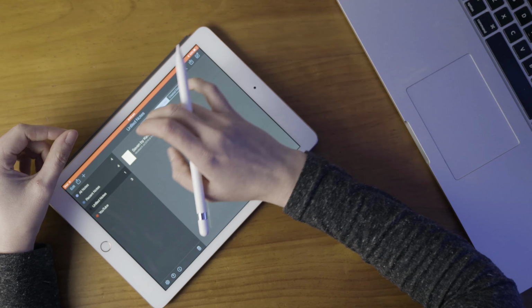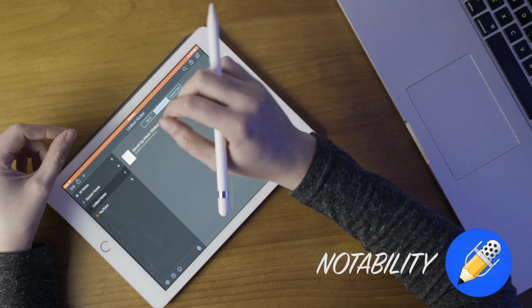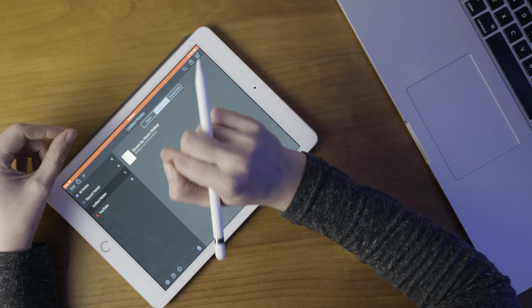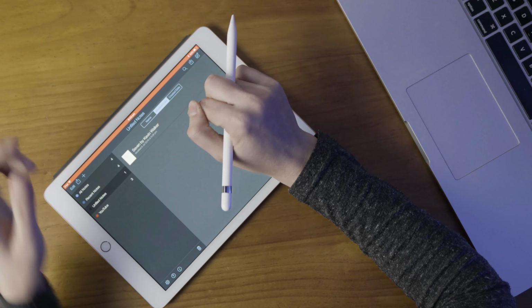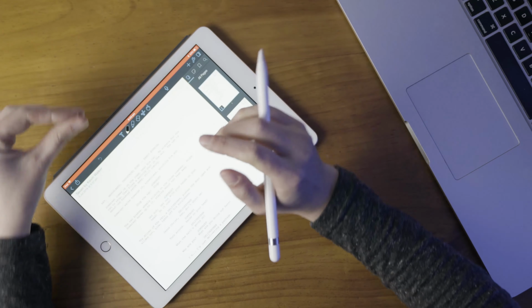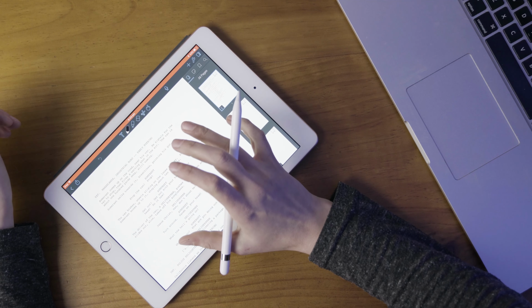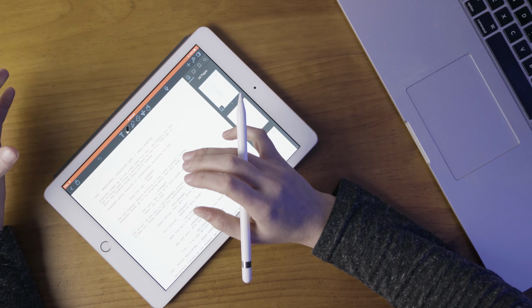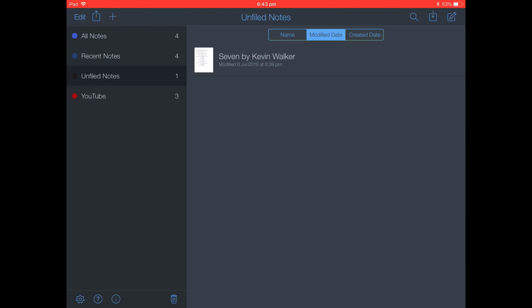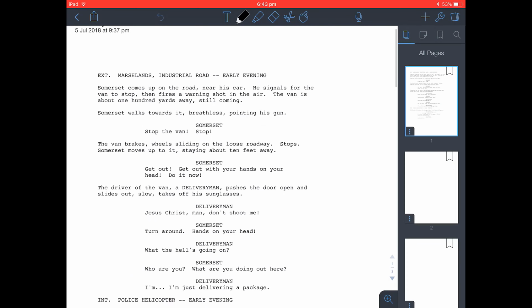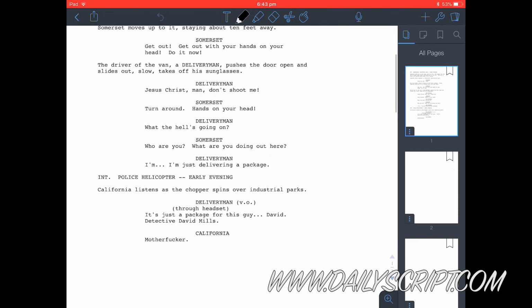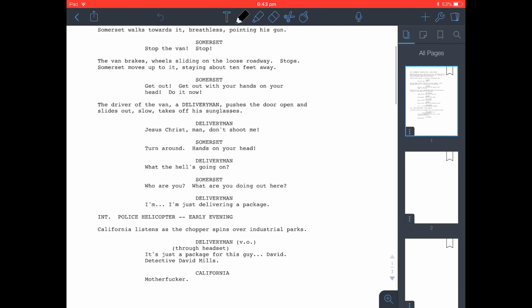Let's go. I like to use Notability for this because I'm able to search notes via my handwriting. So if I've lost something and it's in my handwriting but it's somewhere deep within my notes, I can use the search function to find that exact piece of writing. So here we go. I have preloaded the Seven script off a website called dailyscripts.com and I've popped it into